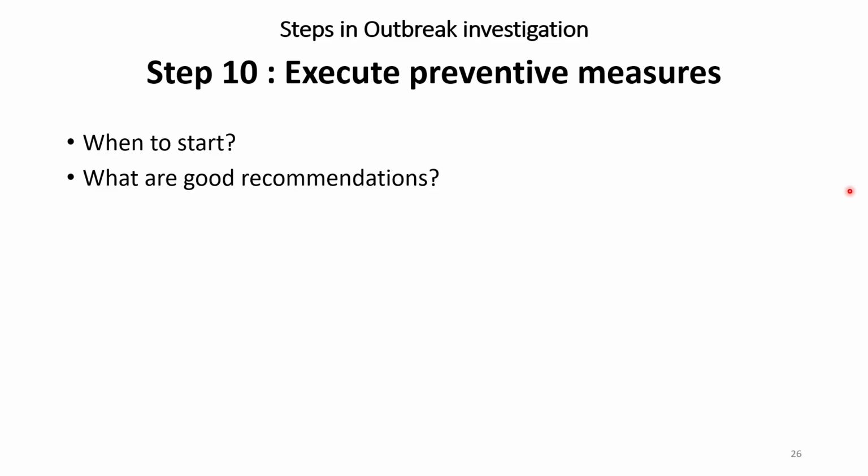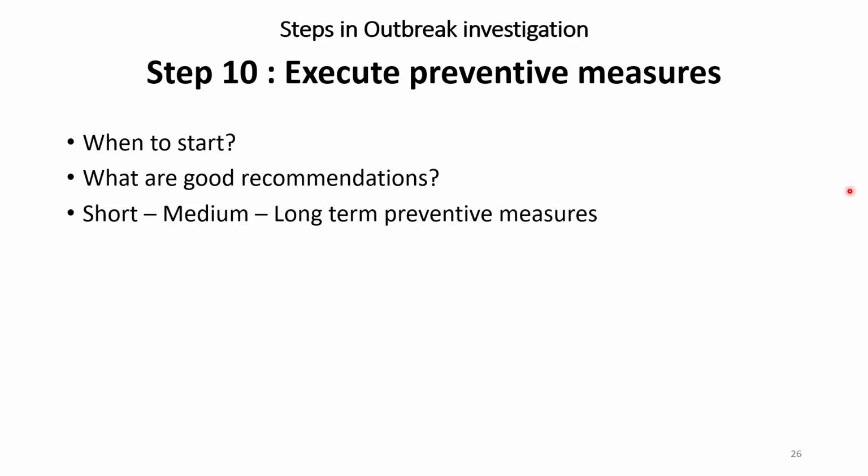Maybe scientifically, Sputnik can be better, or a different vaccine can be a little bit better than the other vaccine. But when we consider all the other things like feasibility, cost effectiveness, and acceptance, Covaxin is definitely better. So we also need to implement short, medium, and long term preventive measures. We should have a proper strategy. What should be done in the short term, what should be done in the medium term, and what should be done in